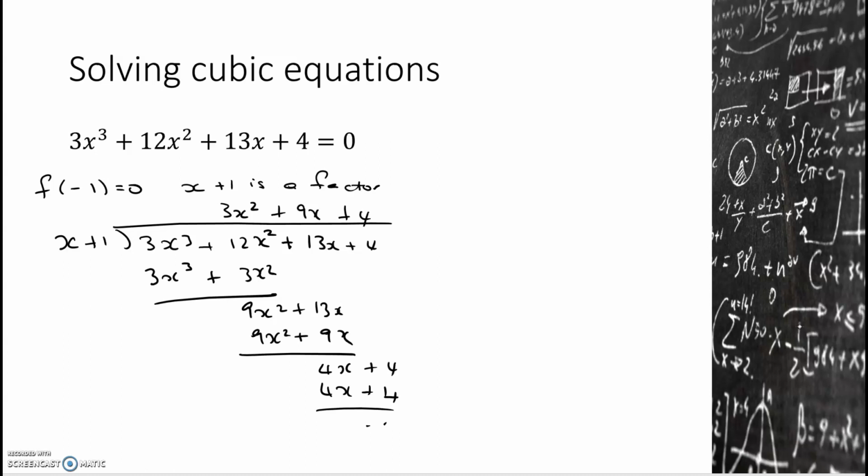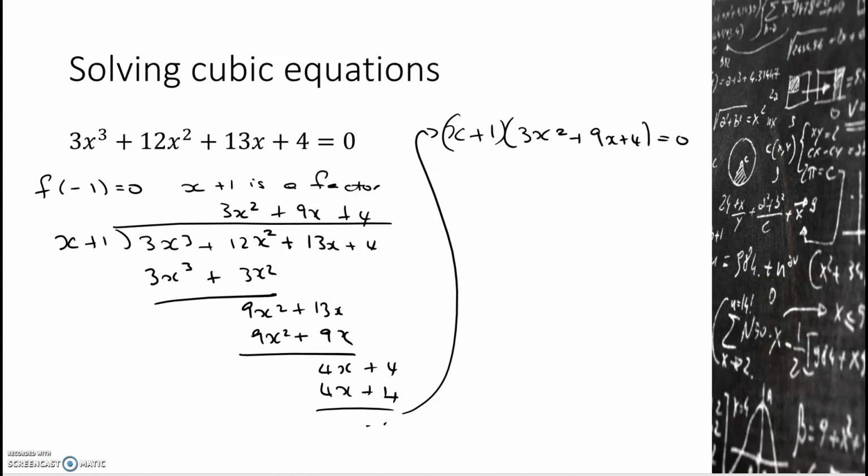So what we've got left is that x plus 1 times 3x squared plus 9x plus 4 equals 0. Now what I've done is I've used the formula